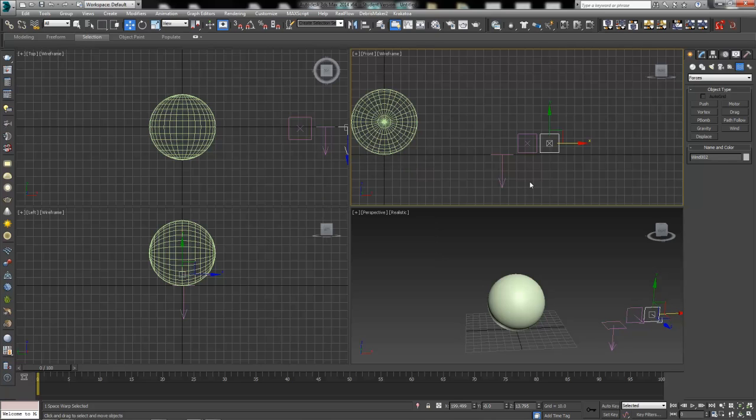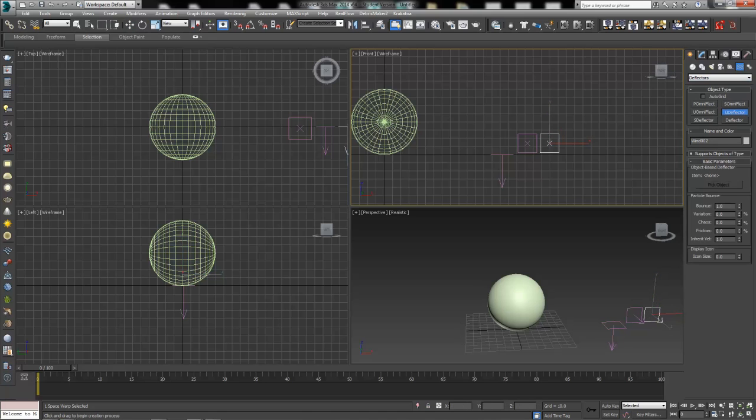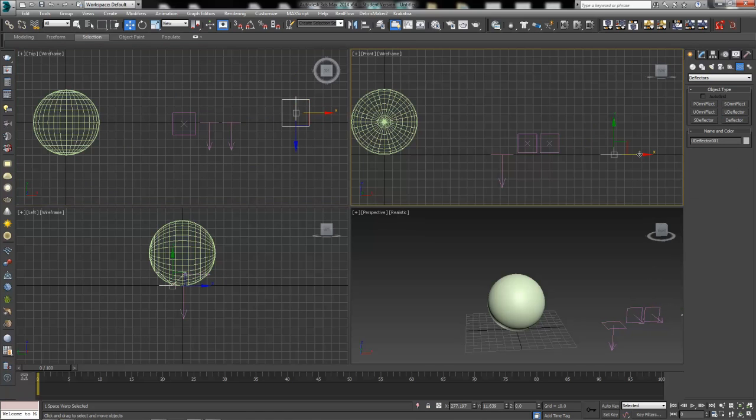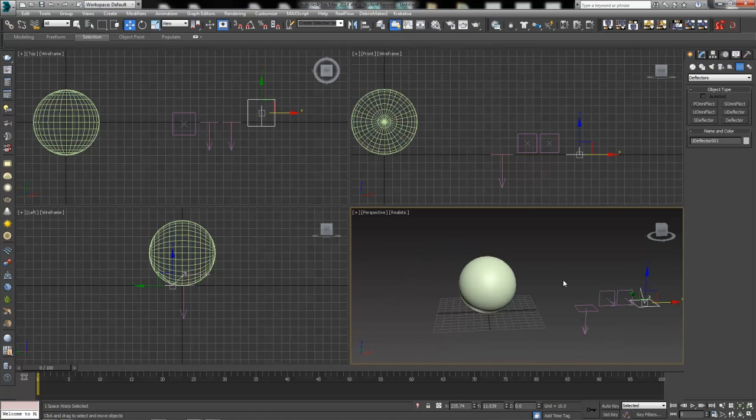The winds will be used for a little bit of turbulence so that our wax strips aren't perfectly in line and straight. And then one more thing we're going to need is not a force, but we'll go down to the deflectors from the drop down, and we are going to need a U deflector so that the surface of our sphere can deflect some of these particles. I'll create that guy in the top view there as well, and we'll just kind of bunch these guys all together here so that we've got fairly easy access to them. Here we go. That's all we should need.